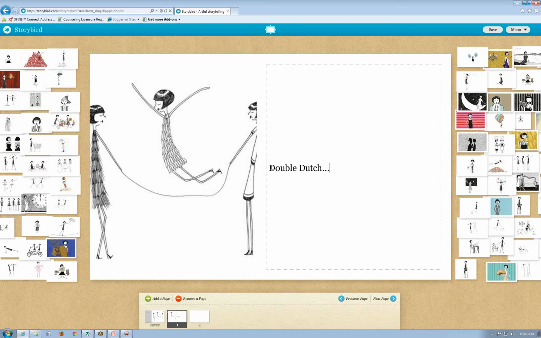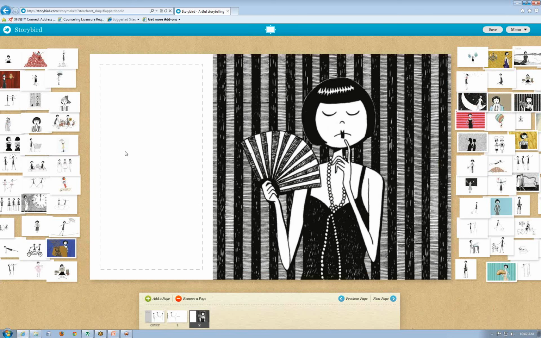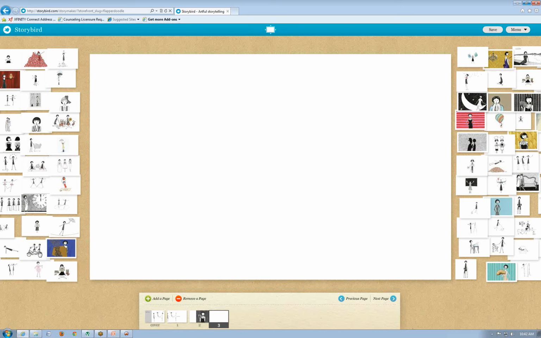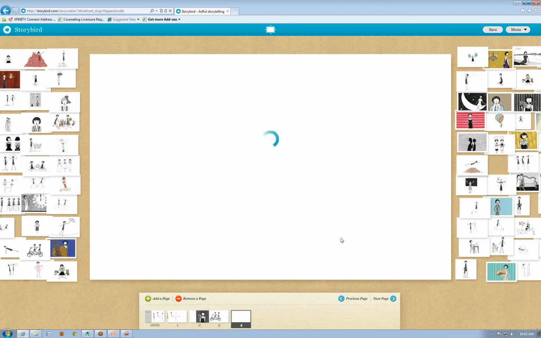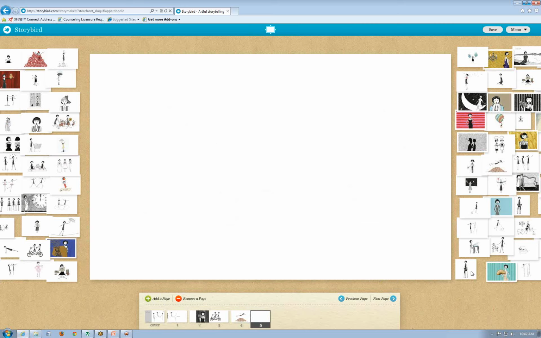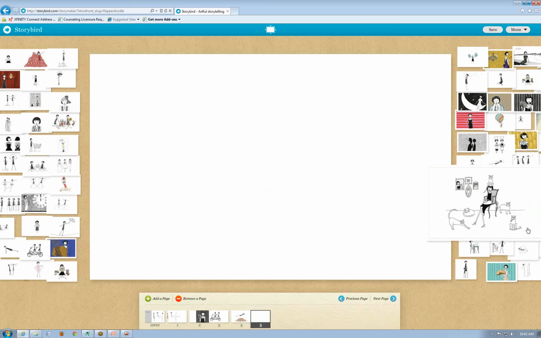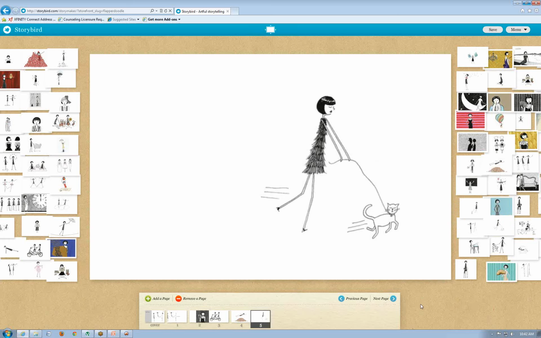page, maybe you want to talk about or say something about what they're doing. The next page, you may want to add another picture. And maybe whatever you want to talk about here. And another picture. And so if you're talking about maybe double dutch, maybe you want to think about pictures that have to do with outdoors, like the bicycle and riding, the leaves. And I think there's another picture. Let's see. Okay, about someone walking a dog.